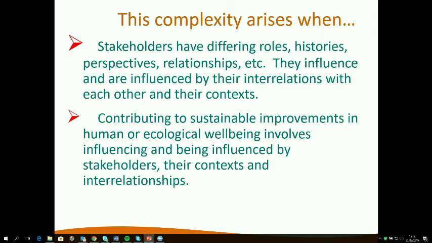And we also know that complexity arises when contributing to sustainable improvements in well-being, whether human or ecological, involves working with stakeholders and influencing them and being influenced by them and their contexts and their interrelationships as well.